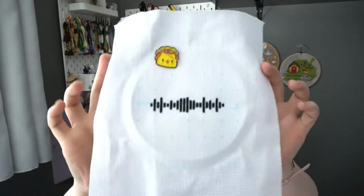The last thing that I've been working on, which you will have seen on my Instagram feed, is Spotify and QR codes. I have been trying to make these work. The QR code is fine. I knew that one would work pretty easily, but this Spotify code is doing my head in, and it's not a big deal. It was going to be a free pattern anyway. Basically, I did this,